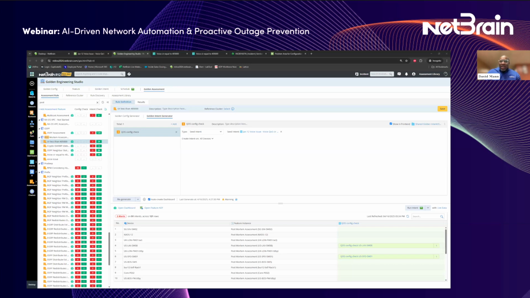And when we go through the RCA process, just imagine your problem management teams at our customers having the capability of knowing that our network teams are doing this and adding this data to our problem records, ensuring that we're wiping these problems out everywhere else. So this post-mortem assessment is powerful. I know that even though we've had the ability to do something similar to this in the past, now it's just so much easier with the Golden Assessment and the Golden Engineering Studio to be able to replicate this across the environment. I just think it's going to be fantastic for our customers.